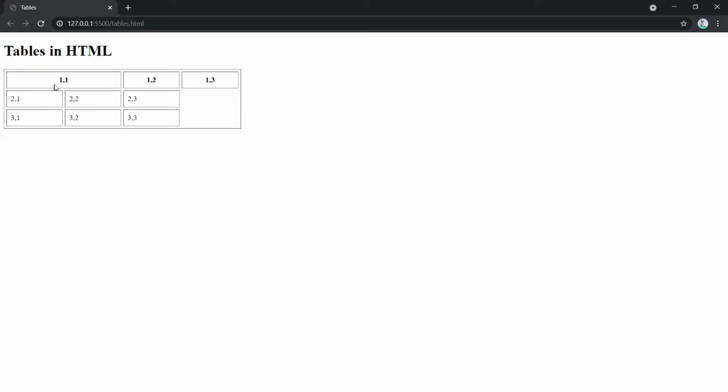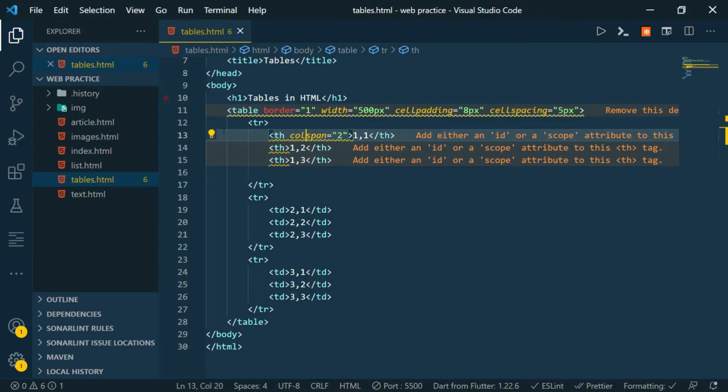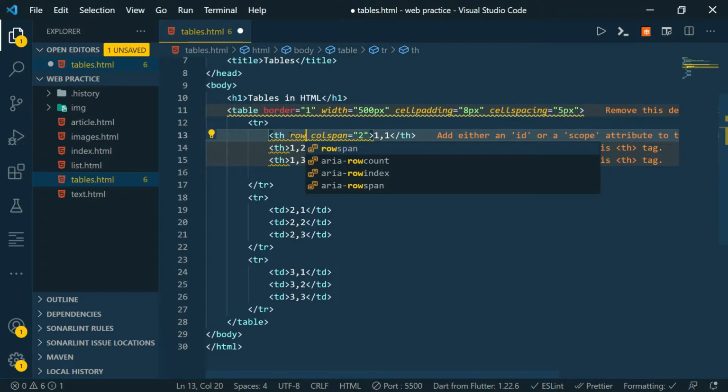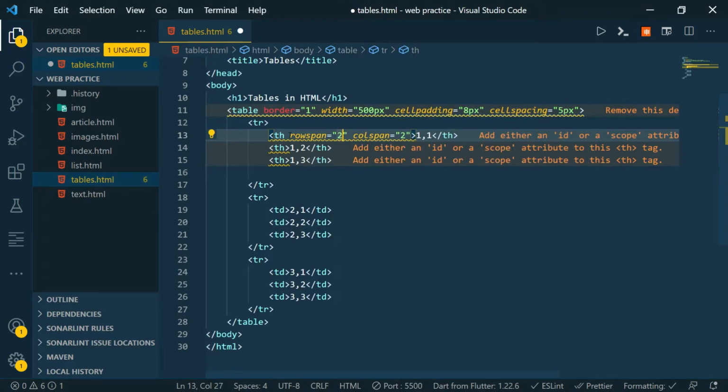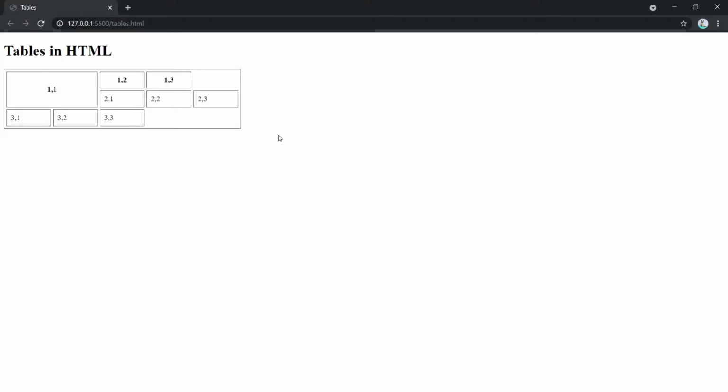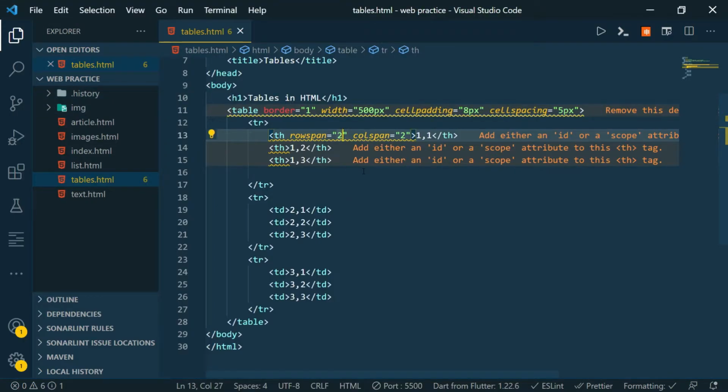As you can see, the size is increased horizontally and it is now spanning two columns. We can also add colspan and rowspan together. You can see it now takes two columns and two rows for a single cell.